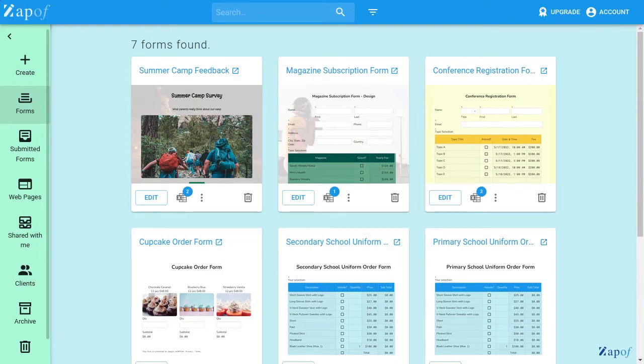Zapof Forms supports conversational style form or poll mode. The form asks each question on a separate page. Now, what if I want to put some related questions such as first name and last name on a single